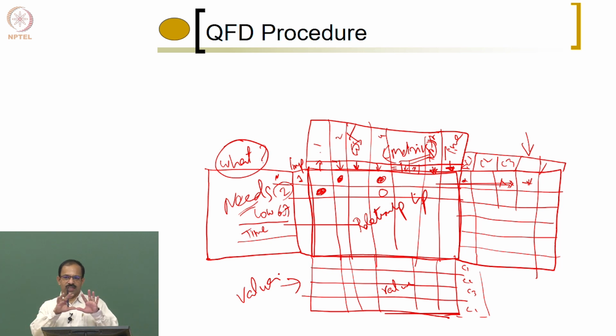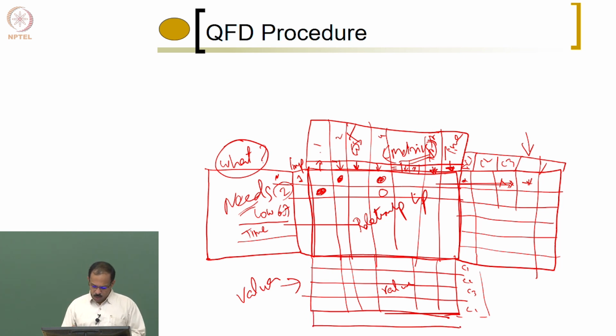Okay, so whatever we saw in the previous class, slides, we are trying to bring everything into a single sheet. So the needs here, the metrics here, the direction of change here, the competitors satisfying the customer needs here, and the values of the competitor also here. So everything is there in the same diagram. Now, based on this, you have to decide what should be your target value.